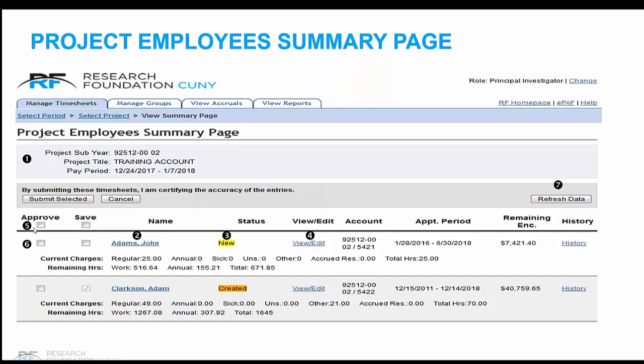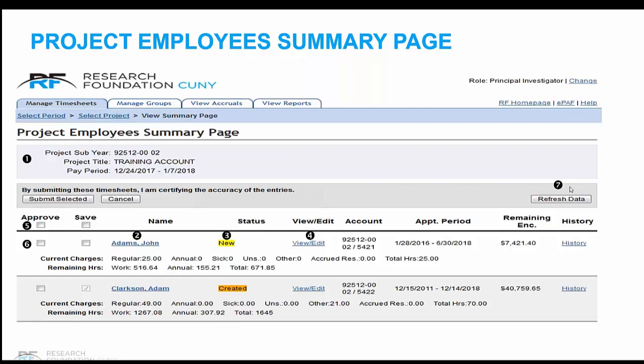The Research Foundation highly recommends that you do not do this. Review each timesheet. You do not want to inadvertently overpay an employee. Bullet 6 gives you the option to approve the individual employee's timesheet without ever reviewing their information. And again, the Research Foundation highly recommends that you do not do this.